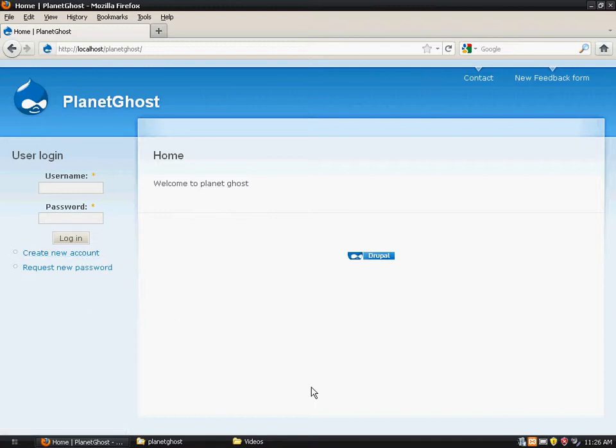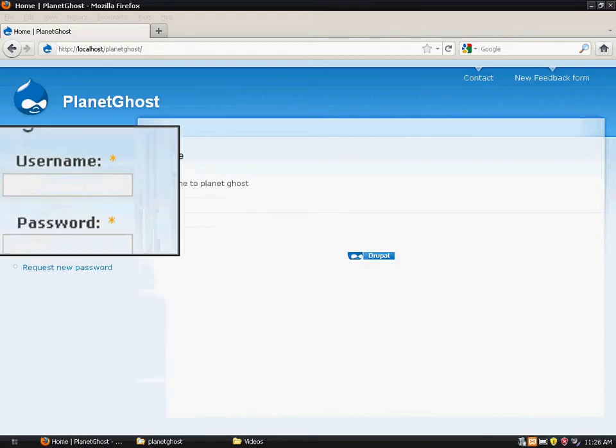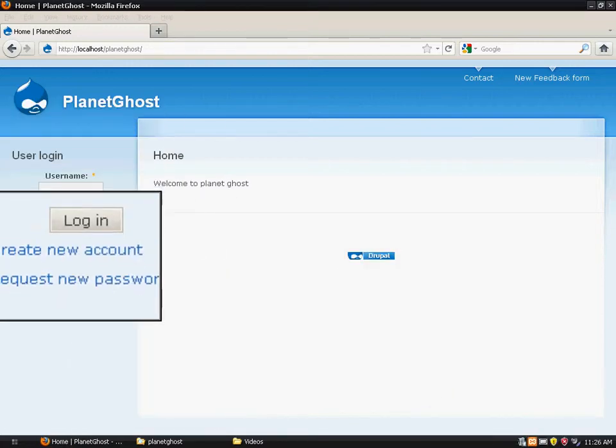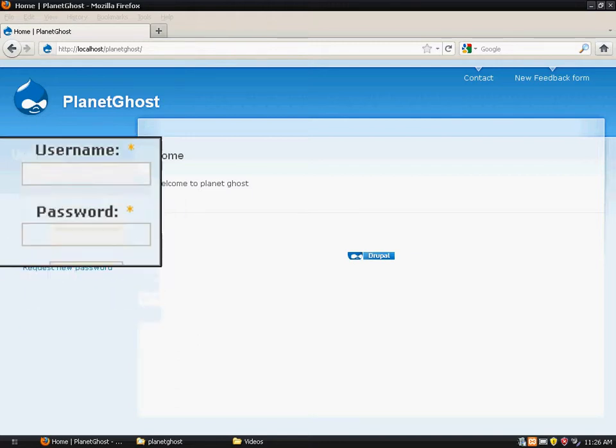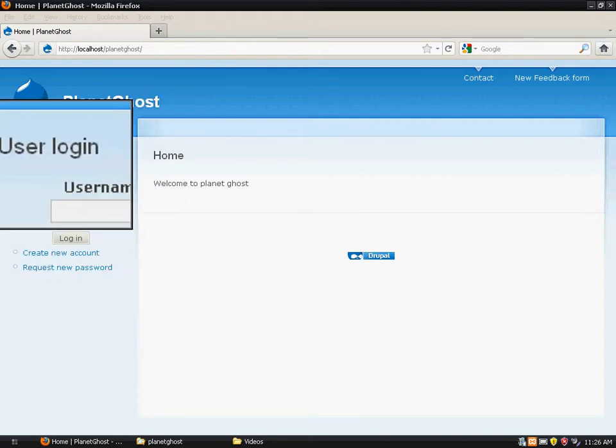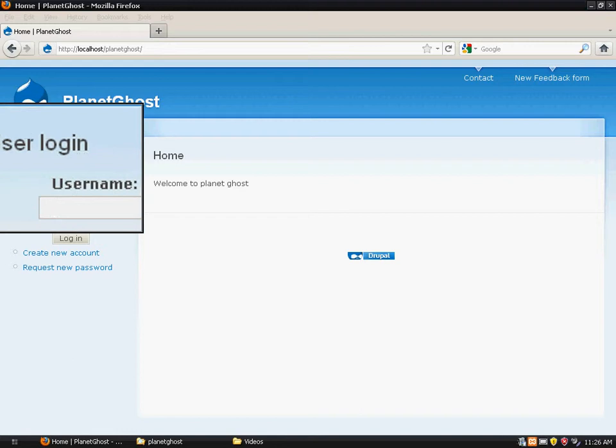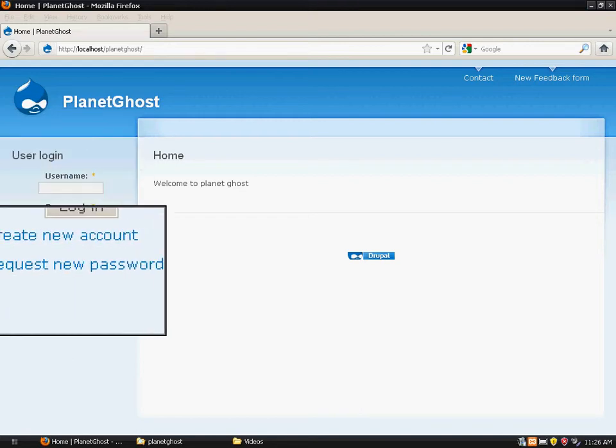Before I go any further, let me clarify one thing. The login area for the administrator and the members is the same. When I started learning Drupal, I was in a real dilemma. This login area shows user login.